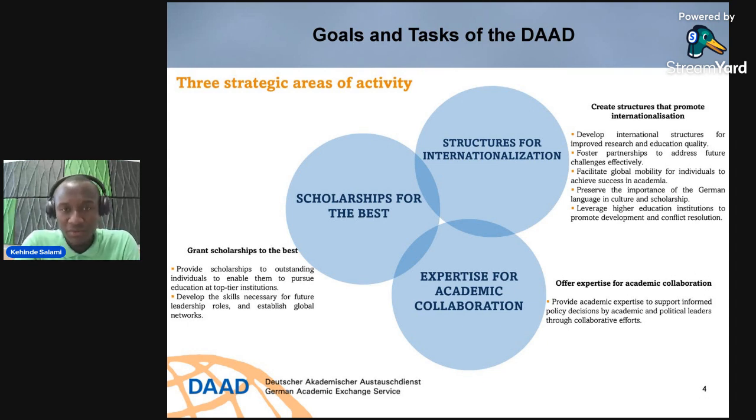Also, one of their major goals is structures for internationalization. That is, they also give out these scholarships in order to develop international structures for improved research and education quality. That is not only for themselves, but in terms of international knowledge exchange, and also to foster partnership to address future challenges.